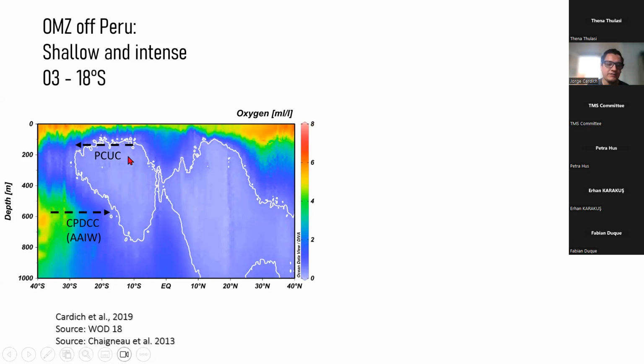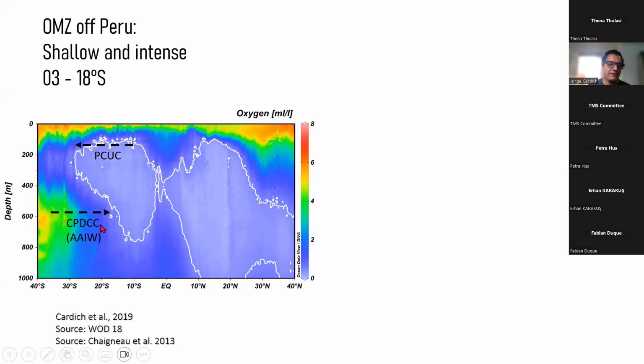In the surface and subsurface, there's the Peru-Chile Undercurrent that feeds this area with very low oxygen waters. But this area is also very close to the equator, and the equator is subjected to the most important climatic variability known nowadays, I think, the ENSO variability, the El Niño Southern Oscillation. So the Peruvian Sea is subjected to events like El Niño and La Niña.